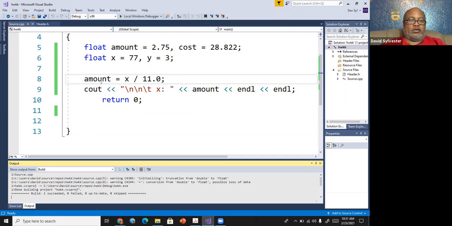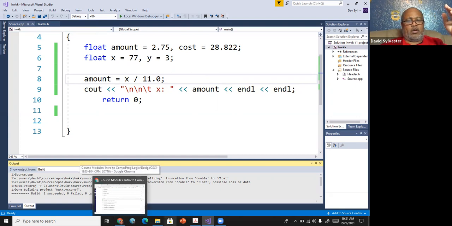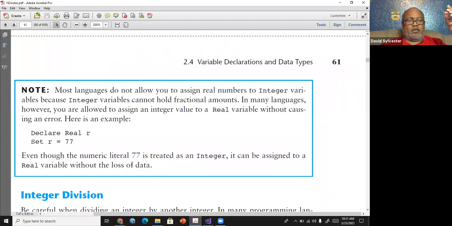All right, but this is a real anyway because it is of decimal because it's a float. Now, and I think we'll look at this further on in the chapter, the promote and demote. All right. So just remember though, when you're converting a whole number into a real, you're really not losing anything because you're adding what? 0.0.